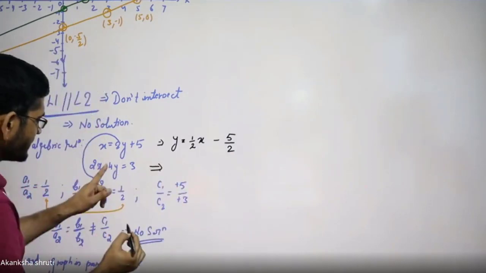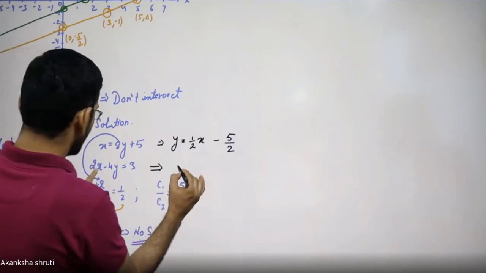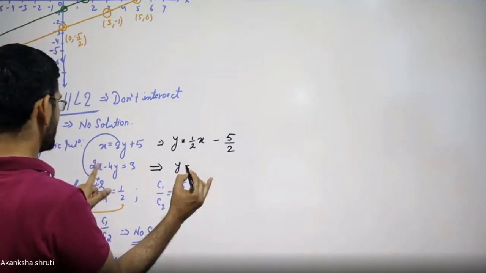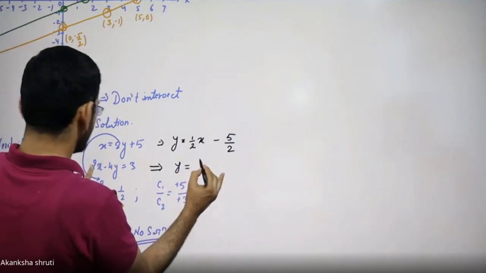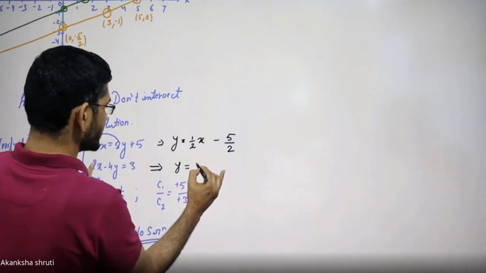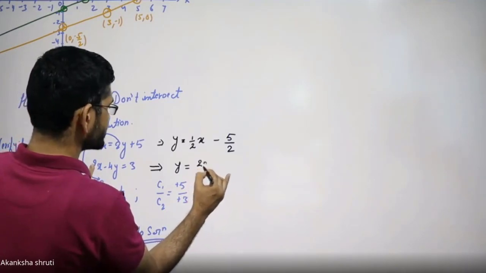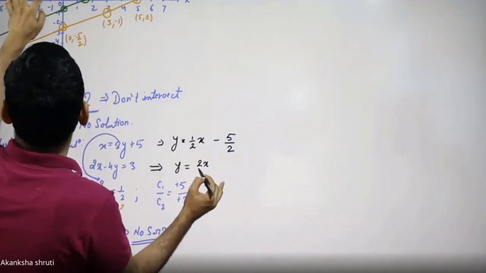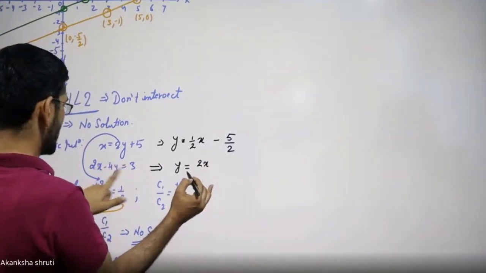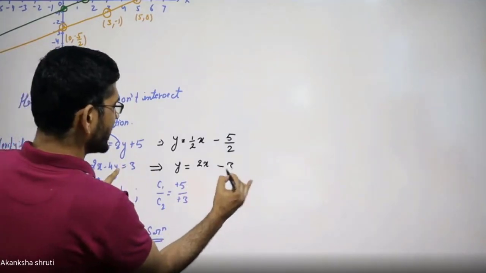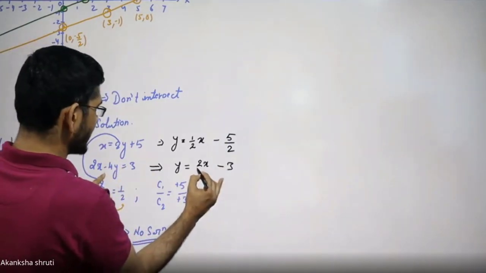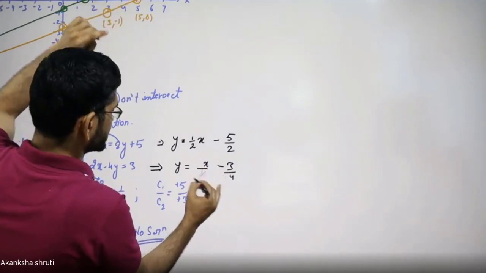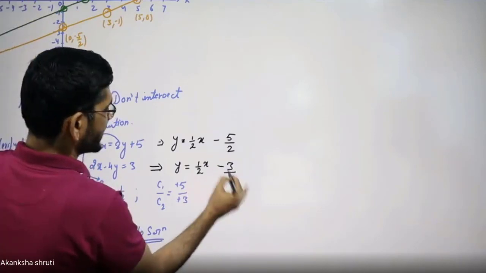What will it be? Bring this y on right hand side. It becomes y. Our 2x is already on the opposite side. Let me first write all the terms on right hand side. So it is 2x minus of 3 is there, but this 4 will get divided to both. This will get cancelled. So I shall write directly this as 1 by 2 minus 3 by 4.